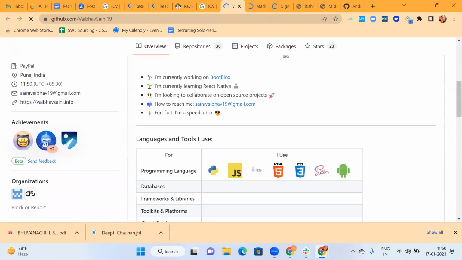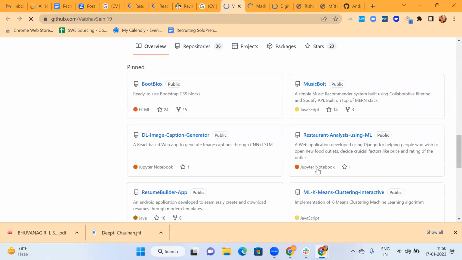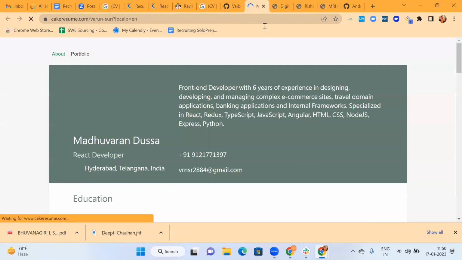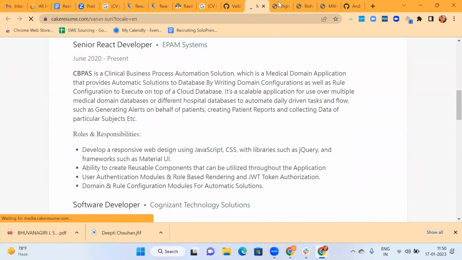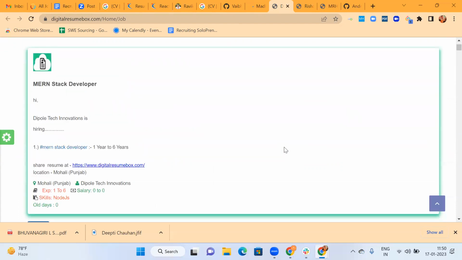Awesome. Under GitHub. At Gmail. At Gmail. This must be some resume building site.